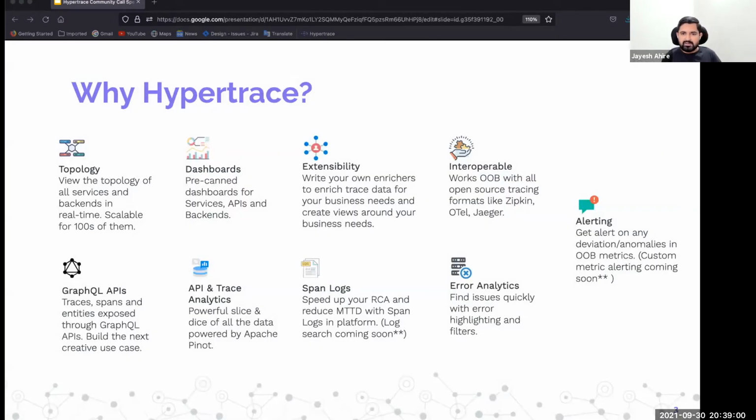Hypertrace is basically a real-time distributed tracing and observability platform that helps teams make sense of their production requests and trends in their network. Hypertrace converts distributed trace data into relevant insights for every infrastructure. Infrastructure teams can identify which services are causing some overload, or application teams can understand which requests put their service objectives at risk, or deployment teams can identify if there's any problem with the new version they have